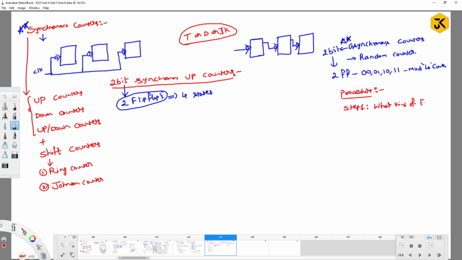What kind of flip-flop you require to construct your respective counters. And the next step is you try to draw the excitation table for the corresponding flip-flop, right? So if you are thinking of using a JK flip-flop, you need to know the excitation table for the JK flip-flop, and then you have to write down the state diagram